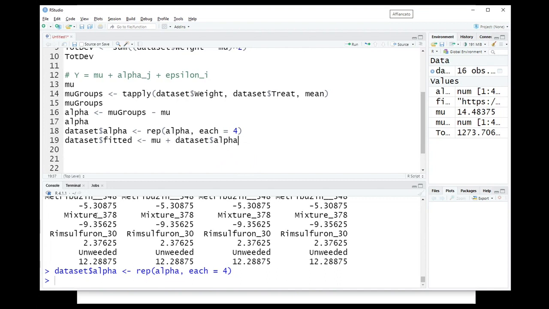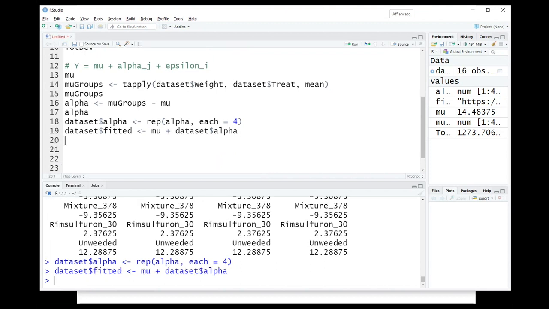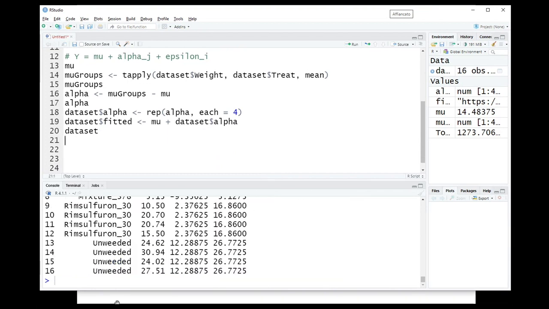Okay, so look at me. I'm using alpha that is inside the data frame, because in that case I have 16 values. Okay, so if we develop this one here,